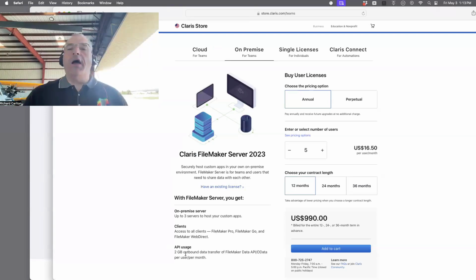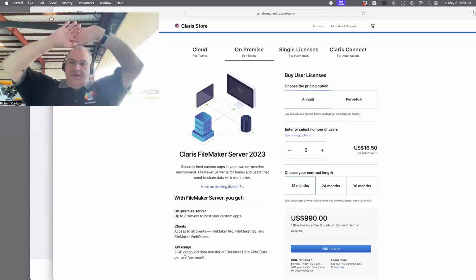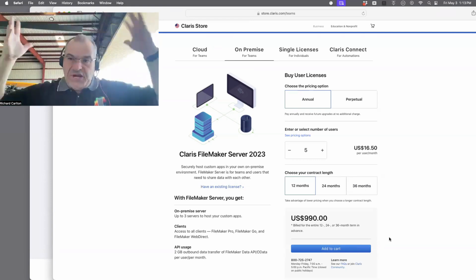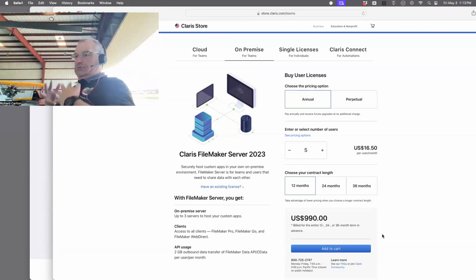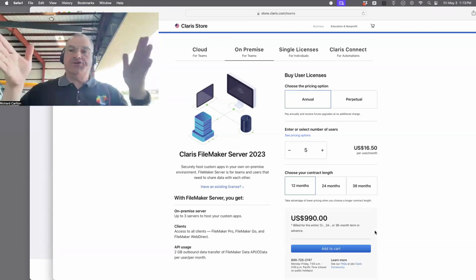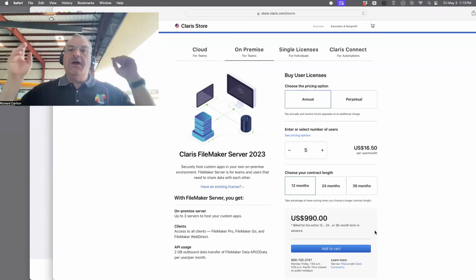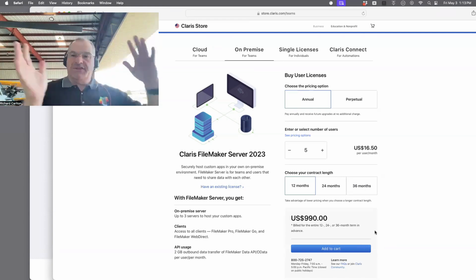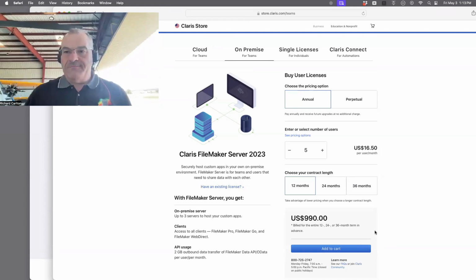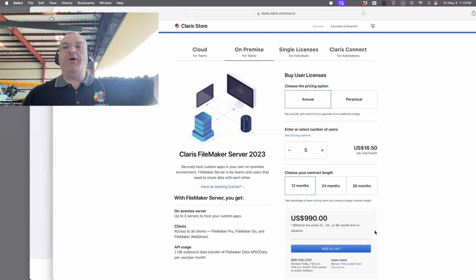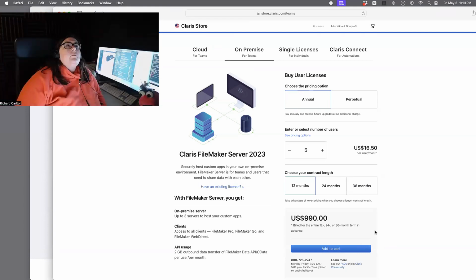Okay, stop. Everyone's been to a Chinese buffet one time? Too much Chinese buffet, right? If you go to a Chinese buffet, it's all you can eat. So this is 5 people at the Chinese buffet, or at the FileMaker buffet. They get to eat all the FileMaker products they want. It includes all the software, for 5 people.